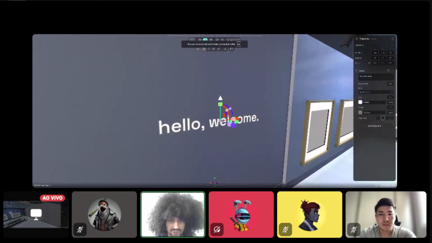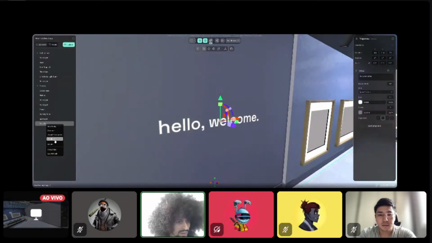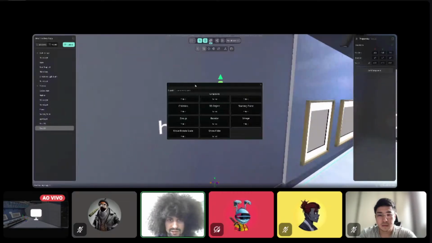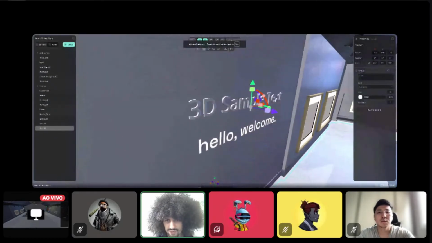And of course, let me open here my elements panel and duplicate it and bring it a little bit up. We also have the 3D text component. It's basically the same thing as the 2D text.